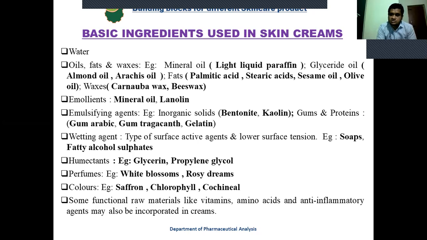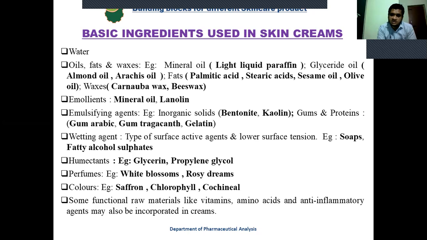Simply you can say that it will improve the wettability of that hydrophobic substance. Okay, so the same wetting agents we can use in cream so that it will improve the